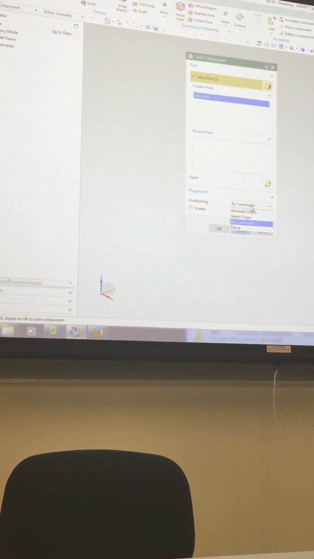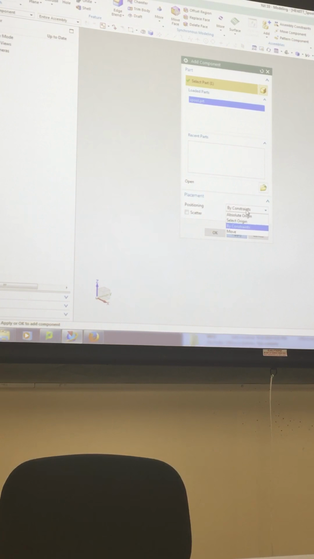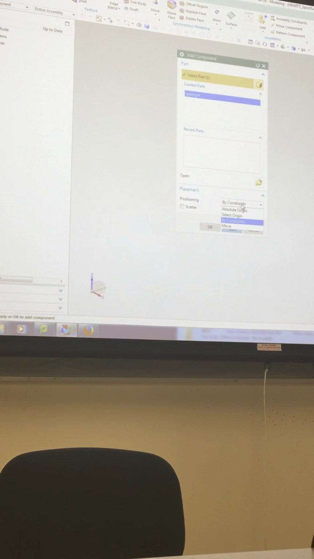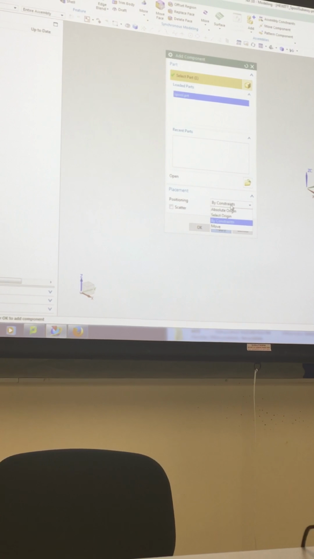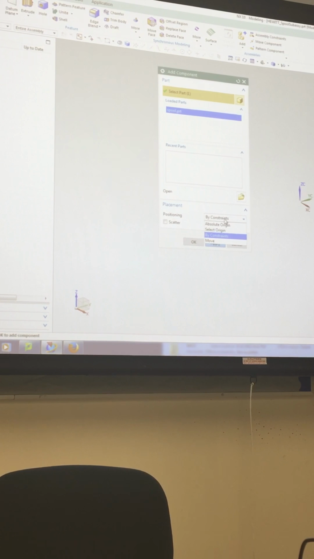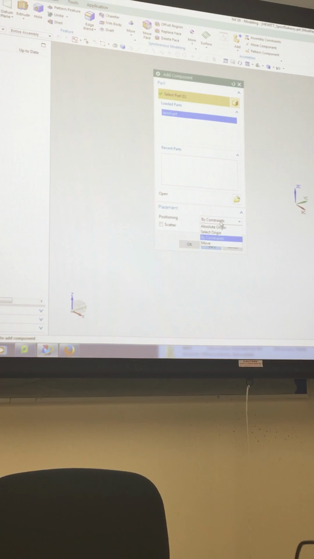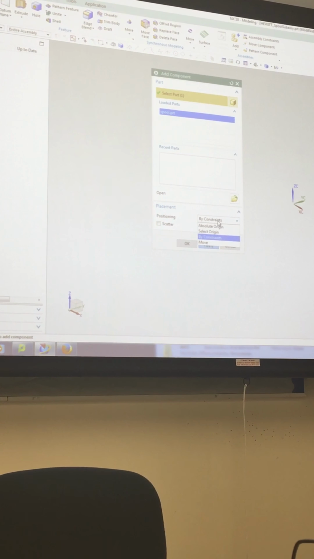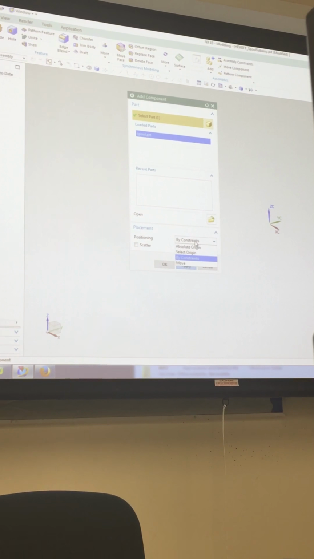Now, most of the time, what you're going to do is assemble by constraint, because that's how you assemble stuff in real life, right? You take this clicker, okay, and you assemble it onto this table. You're aligning these two planes together, okay? So this has been constrained to be so that this flat surface